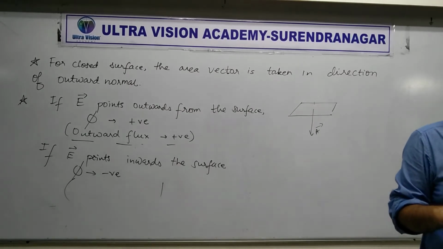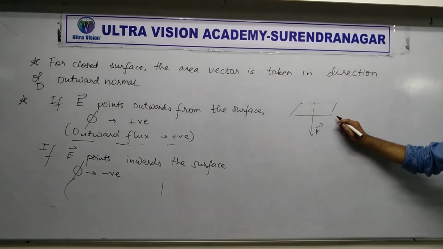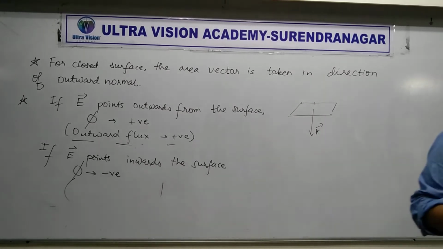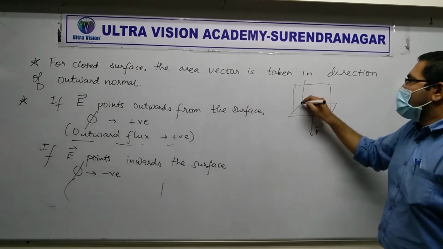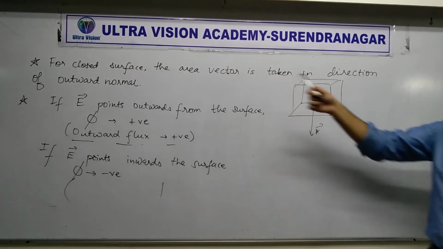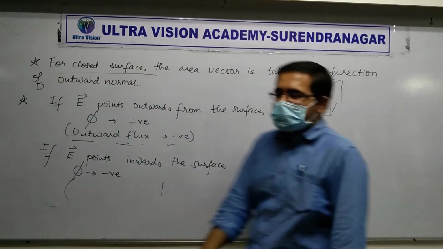Square is not a closed surface. Rectangle, no. Circle, no. Disc, no. That chair is not a closed surface. A balloon is closed, an inflated balloon that you have tied. If you put something inside the balloon, it will not come out without breaking the balloon. A cube or a cuboid is also a closed surface. So I hope now you will be able to identify what are closed surfaces and what are not.